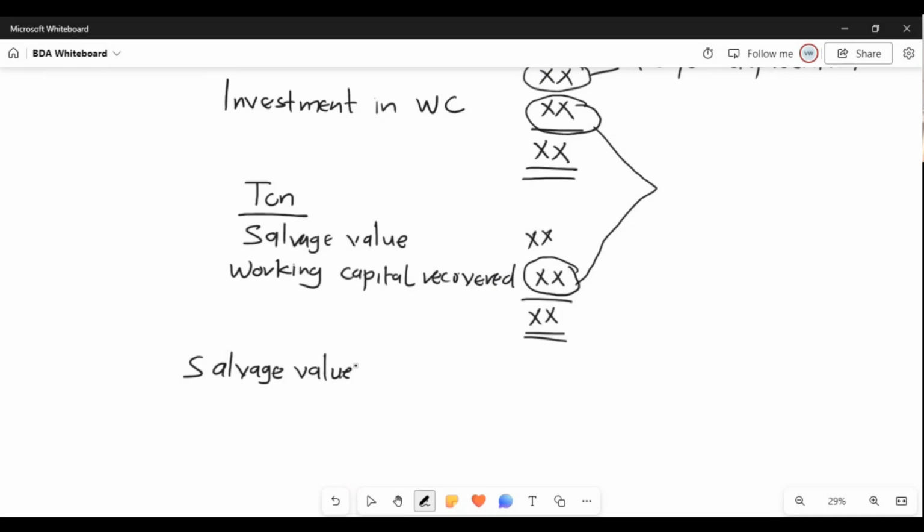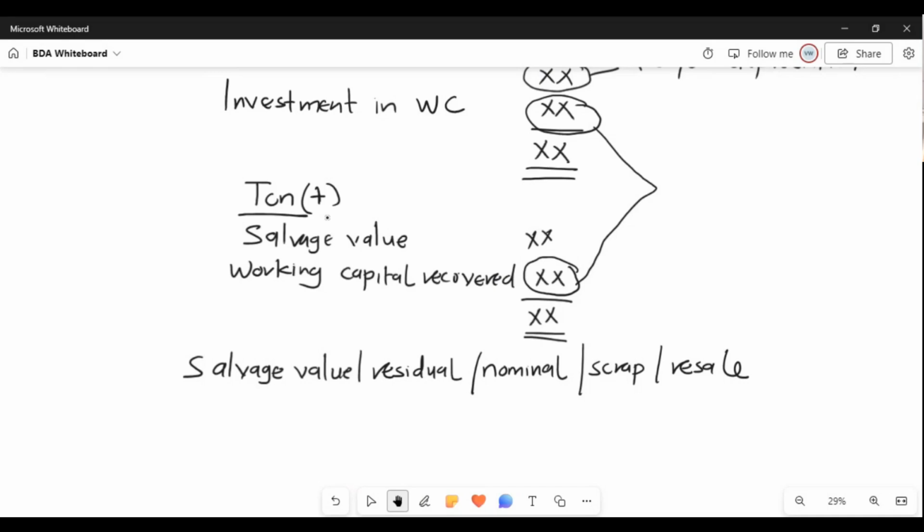If we don't call it salvage value, we can call it residual value or nominal value or scrap value or resale value. It still means the same thing. And let's note that this is the value at the end. Another thing is that this terminal value is actually